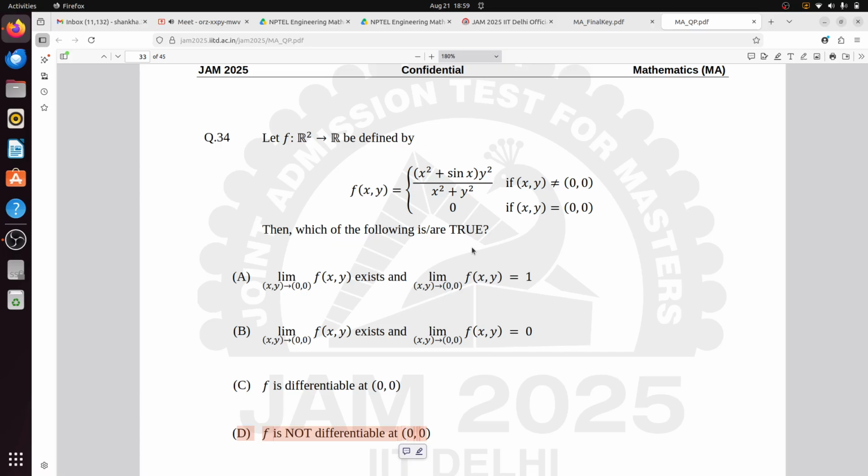Is if you convert k... no, polar coordinate will not give you the answer. Polar coordinate will not give you the answer, because in the numerator you will get r square, and in the above you will have sine of r cos theta into r sin theta divided by, so r will remain in the above, and in the below you will get 2r. You will not get the answer. It is not differentiable.